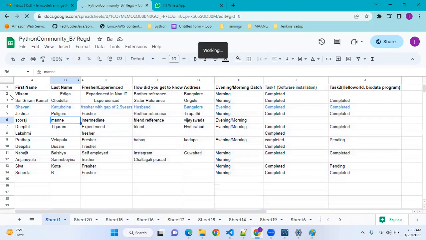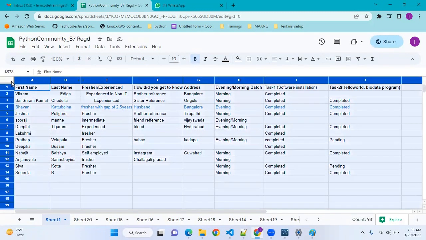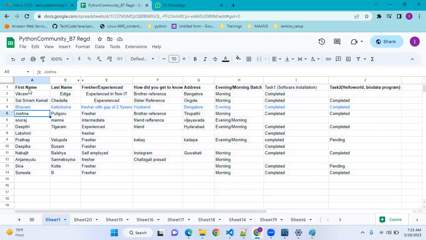So this is how we have organized your data. Can you all see my Excel sheet? Yes. So this is the way I have stored all your information: first name, last name, experience, and all your information.